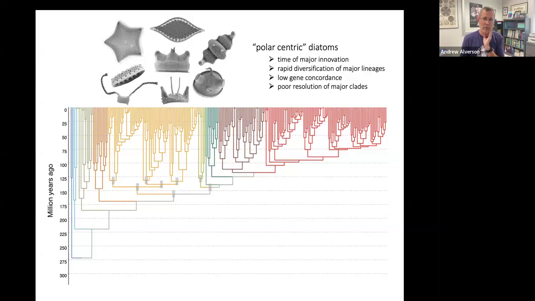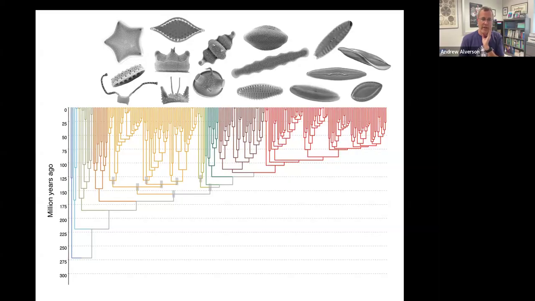And then if you go one more, what eventually came out of this was the evolution of araphid and then raphid pinnate diatoms. Raphids comprise the vast majority of diatom diversity, and this is probably one of the most important, consequential species radiations in all of eukaryotic microbes. I'm biased, but it's an important radiation. And so next,